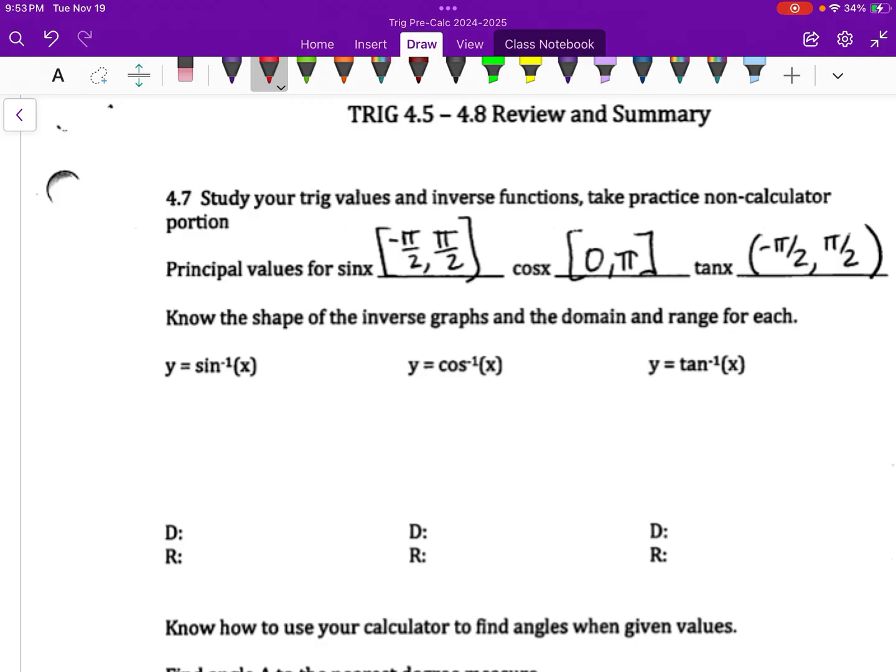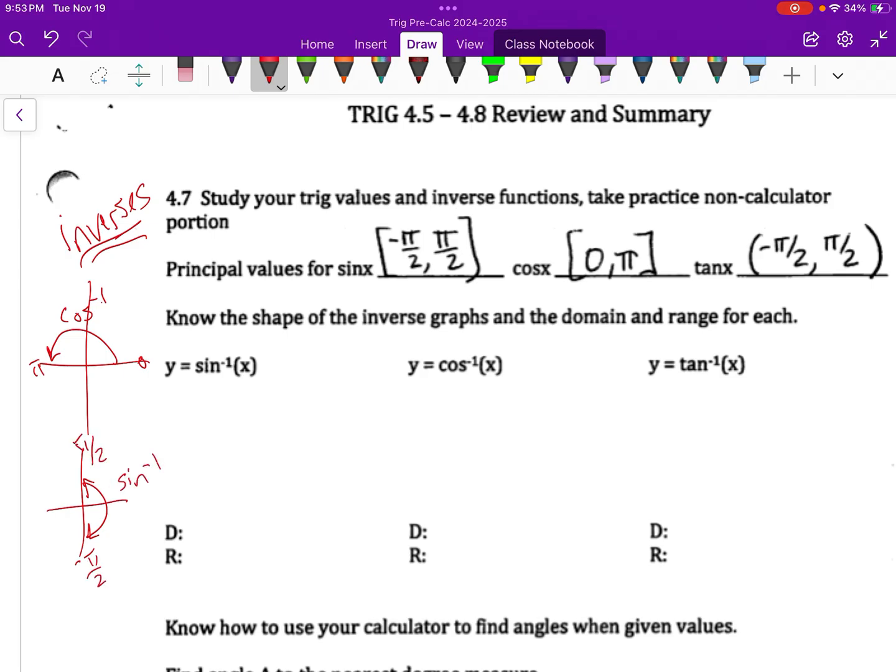4.7, we're definitely talking about inverses. And I can't talk about inverses enough, in the fact that they're going to be important later. Just realizing that the cosine inverse exists between 0 and pi is important, and realizing that the sine inverses and tan inverses are from negative pi over 2 to pi over 2. So make sure that when you're doing these and answering them correctly, you just want to make sure you're dealing